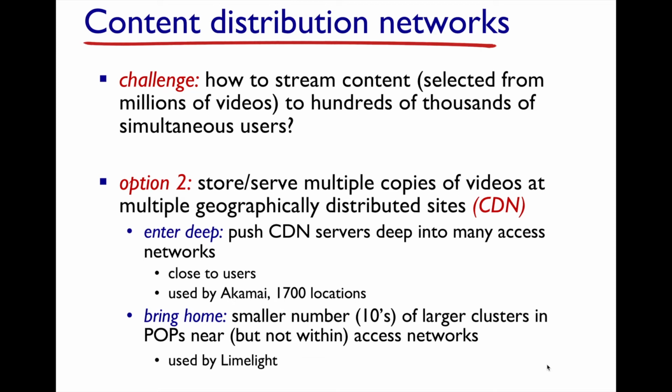So the so-called content delivery network, or CDN, is a method for how you maintain multiple copies of content, and you're now serving up that content from a set of geographically distributed origin servers, and it works seamlessly from the perspective of the user. There are different ways of locating these CDN servers. One is called Enter Deep. With Enter Deep, you're pushing these CDN server instances containing your content as close to the users' access networks, who are trying to consume this content, as possible.